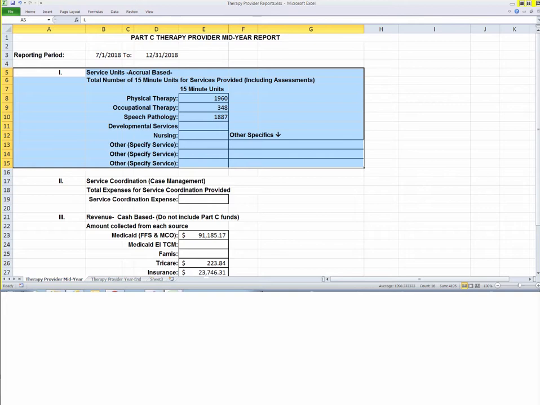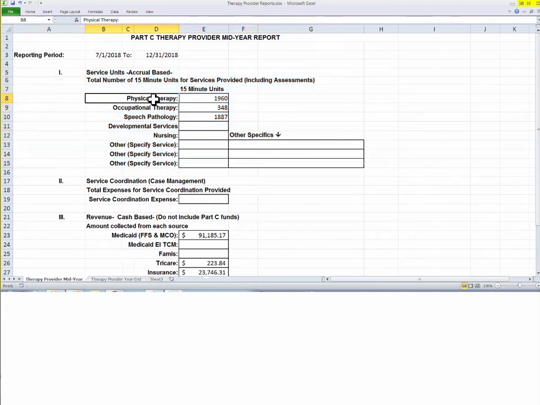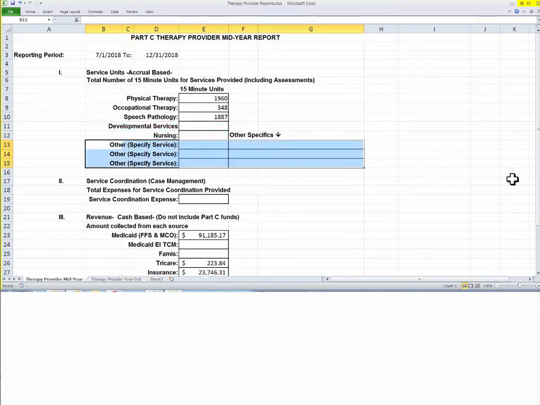So in our report, you'll notice that for physical therapy, we have 1,960 units provided. Occupational therapy was 348 units, and speech pathology was 1,887 units. We did not have developmental services, but the next line is where you would provide the number of units for that, and the following line provides the number of nursing units. There's also a place for you to put other services if you happen to provide those, and those would include things like